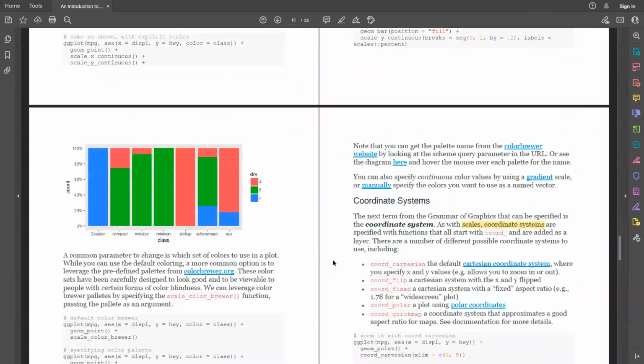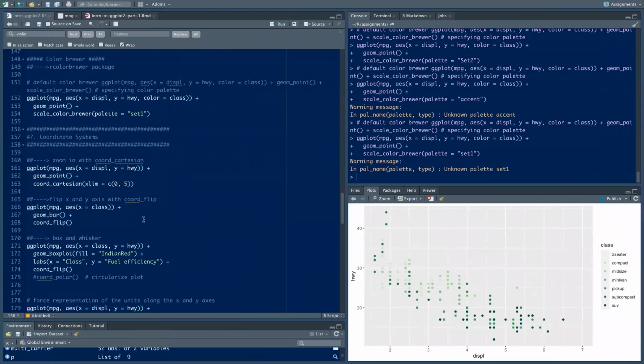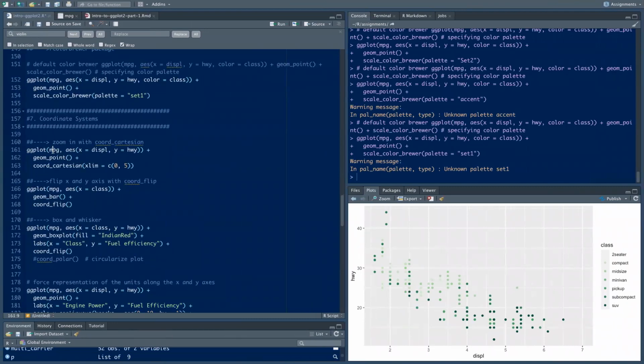Then moving on, we also have coordinate systems, right? This just allows us to scale our ggplot and project that into different coordinates. There are different functions we can use here. We have the Cartesian, we can flip it, or we can use fixed or use polar, right? To show some circular charts, or do a quick map. Okay, so let's look at a few of those. So basically here, just retain this as previous. The only thing we add here is that we want to use the Cartesian, right? And when we run this,